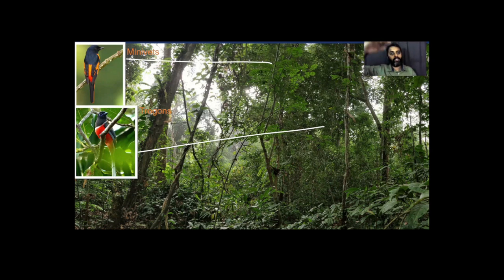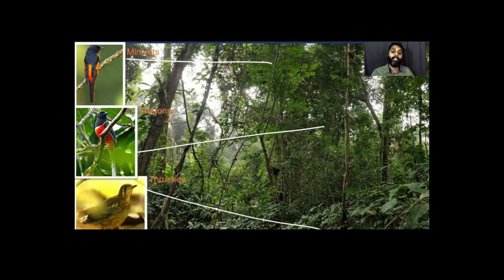They always prefer the middle or slightly lower than the middle canopy. Then you have thrushes or even babblers. They prefer to be on the forest floor because they go through the leaf litter and look for insects. Sometimes you do find them in the middle of the trees. That's because they may get scared, or when they're flying away, but they always prefer to be in the forest